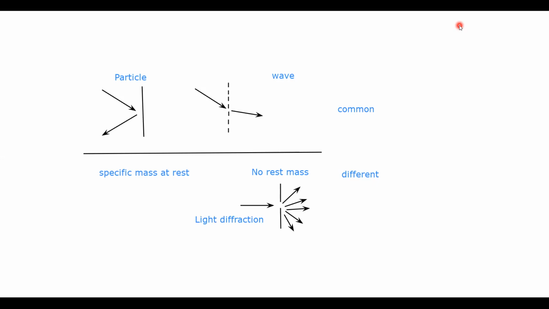The issue is that it seems like the wave has some more characters that don't exist in the case of the particle. This main difference between these two led to a big fight between physicists. How to deal with such a situation? Something that sometimes has particle character, and sometimes wave character, and they get some kind of a